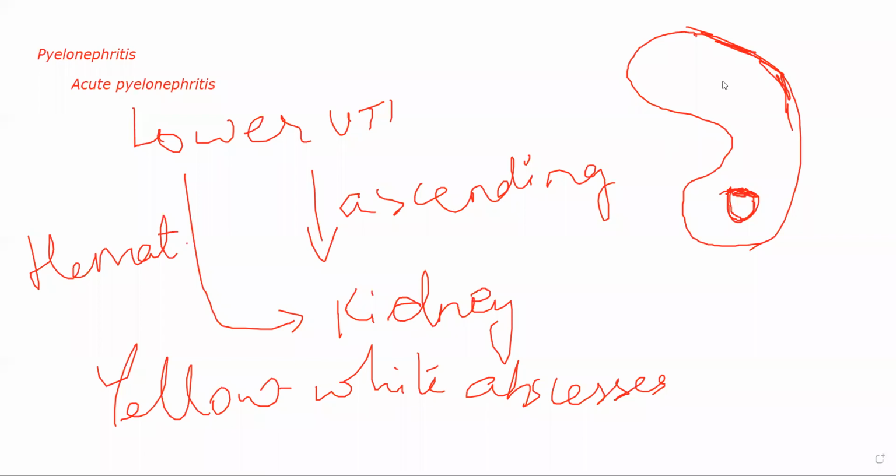Now, in case pyelonephritis has been going on for a long period of time, that is when it is categorized as chronic. Some patients have chronic pyelonephritis, wherein it is a tubulointerstitial disease. It will involve both the interstitium and the tubules, and it will be a chronic kind of inflammation, wherein the patient will have repeated attacks of inflammation, and because of these repeated attacks, there will be scar formation.